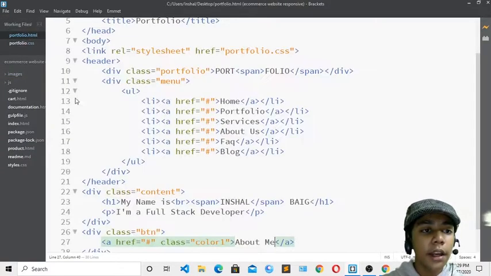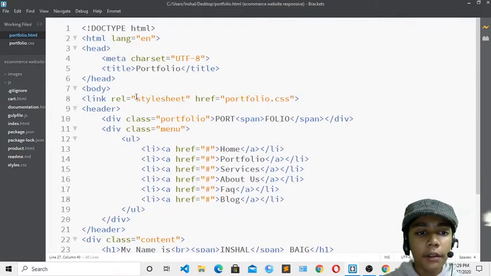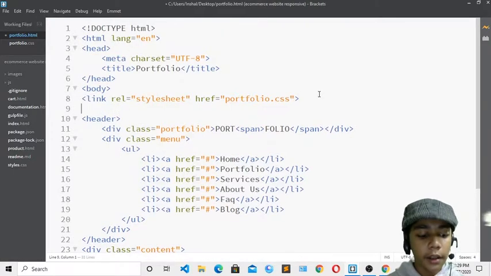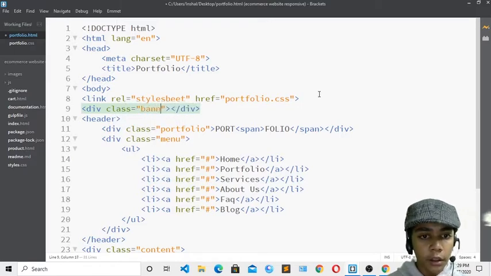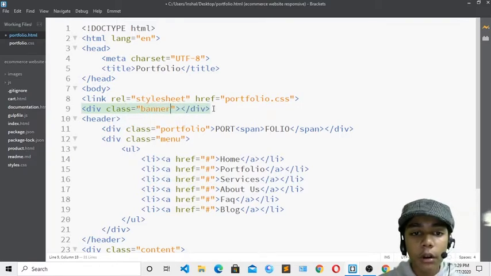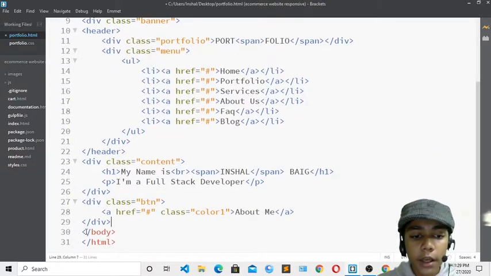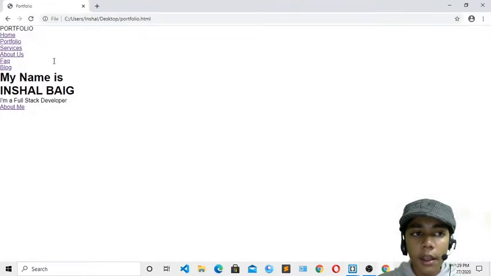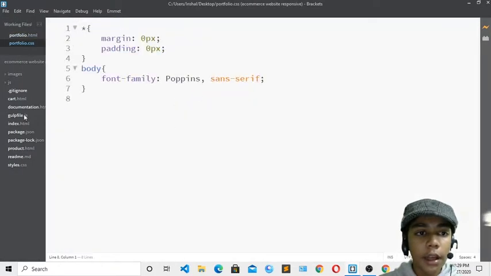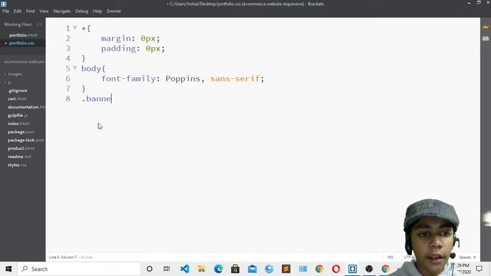Over here I will save that and come over here, and I will write div, and I will write class of banner. I am writing this class because I have to take in the image over here, so I am writing it for the image. I will paste that, and save, and if I show you, you have to do like that. So I am writing image now, banner. And now the banner is written.